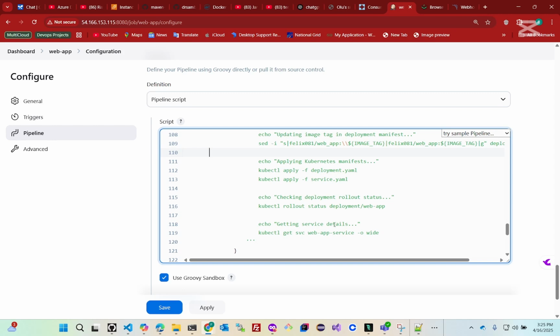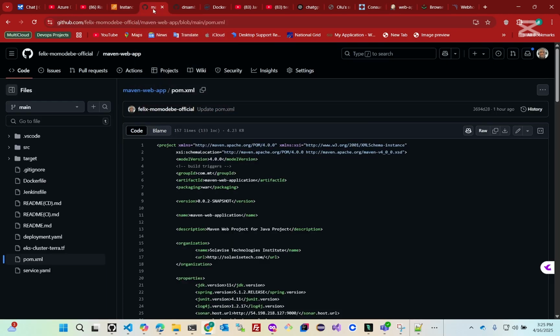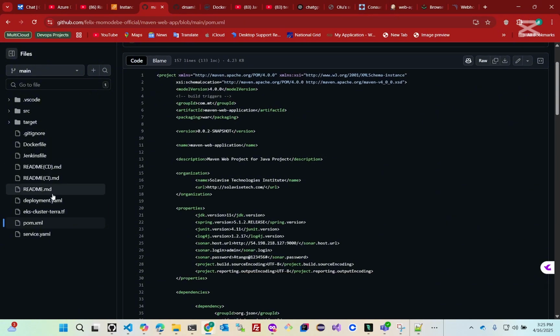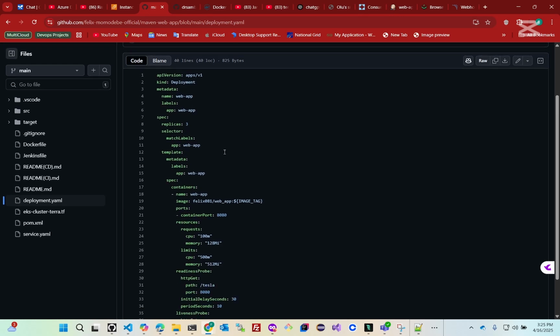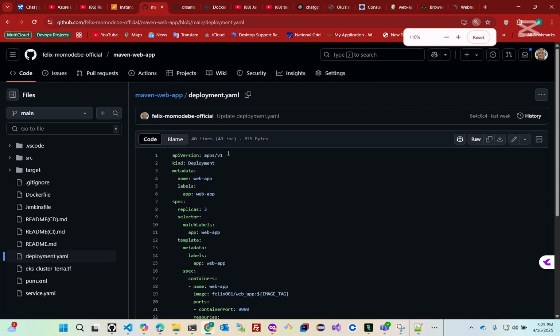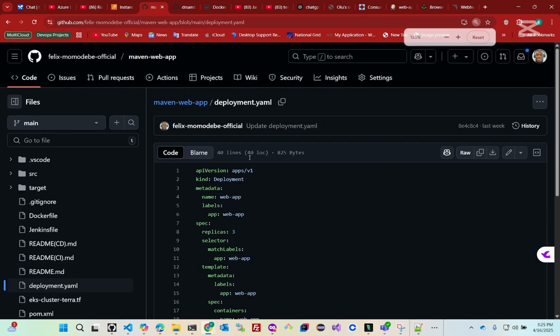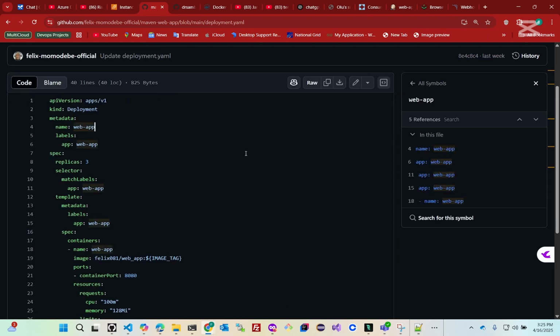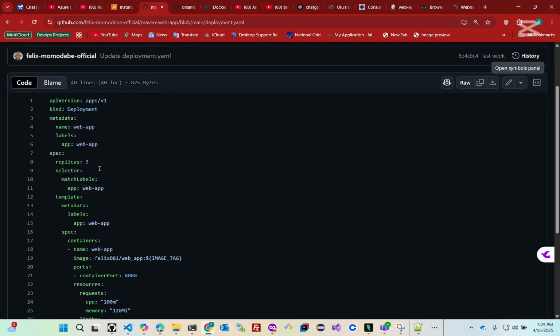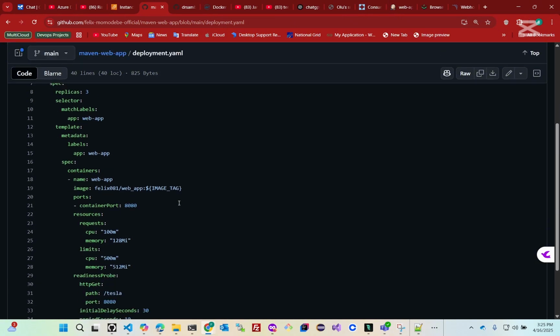And now, in my repository. If you come into my repository, you're going to see the deployment.yaml file, and this is the deployment.yaml file. What does it look like? Let me zoom in and look here on YouTube. Okay, if you see me, look at it here. The deployment.yaml file is of the kind Deployment, and the name of the app is what? Web app. And if you look at it, the image, this is the image as applied in our